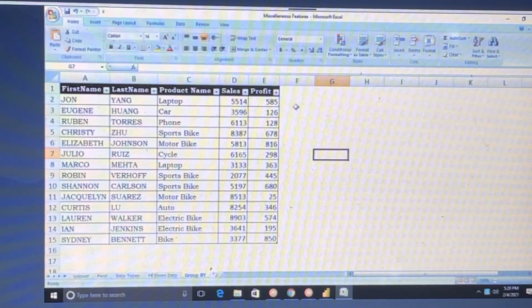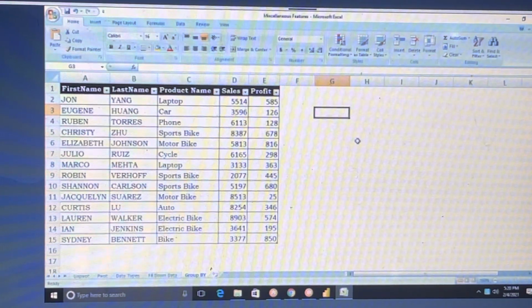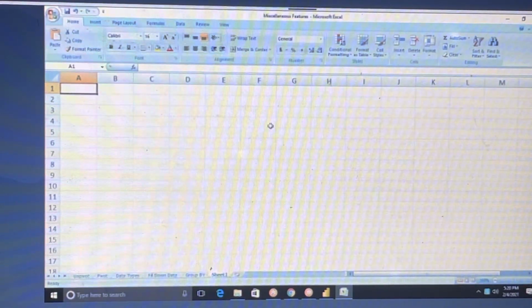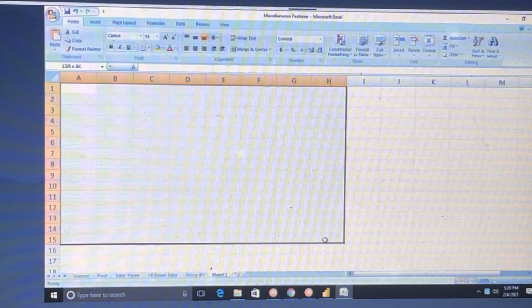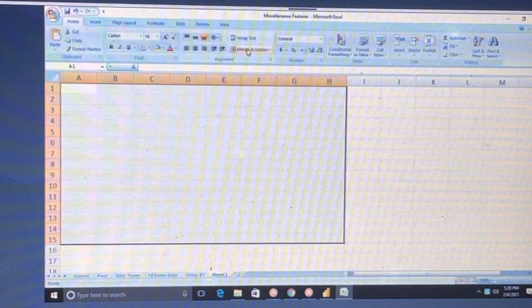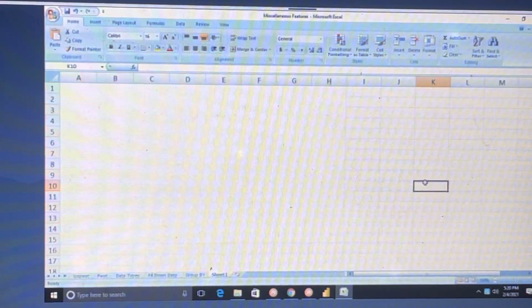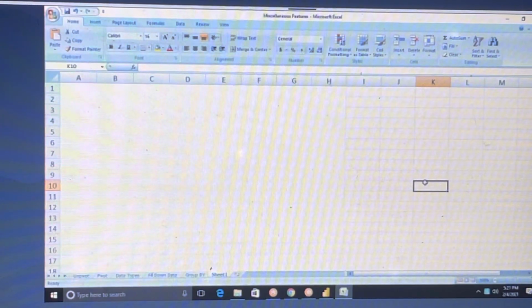Yes, you add a new sheet down below, and then it comes up with this grid.